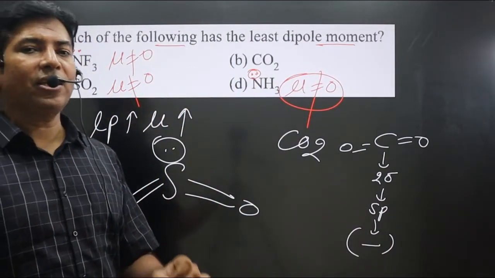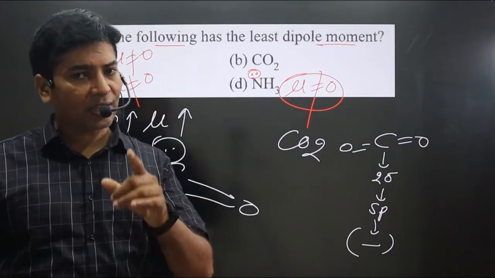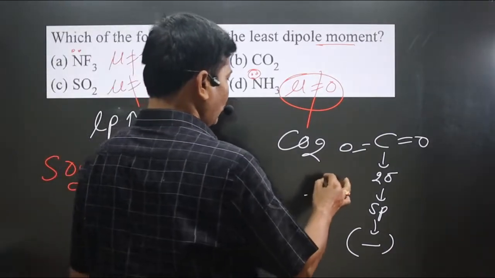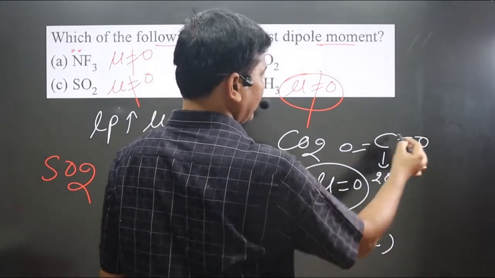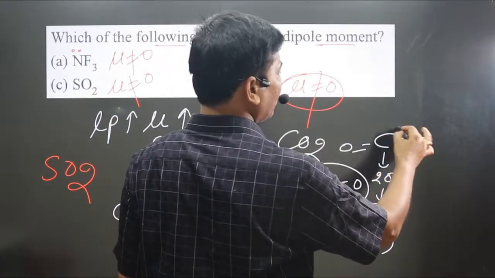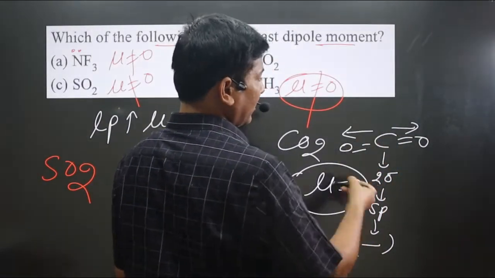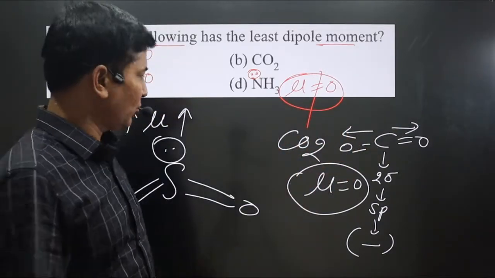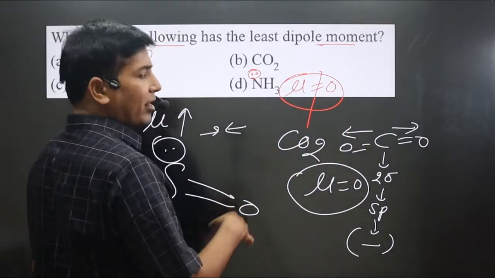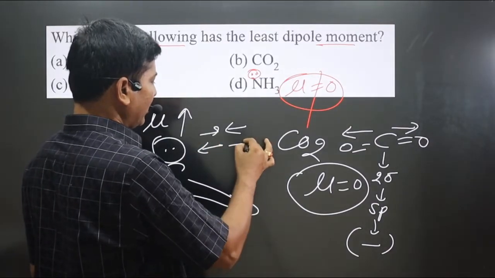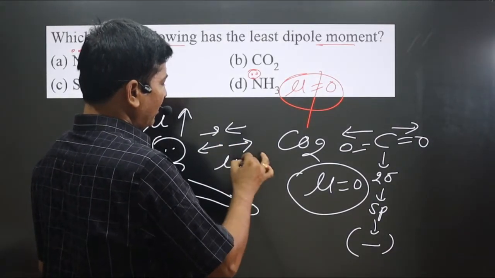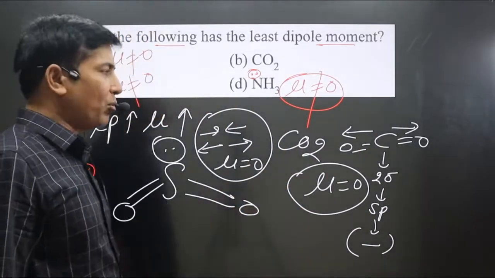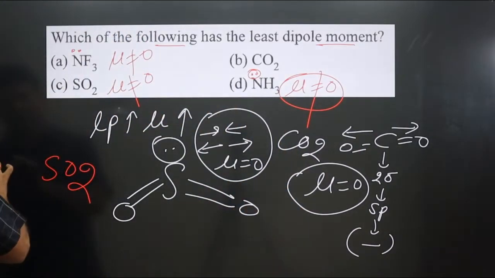As I said, if the molecule in which the central element is having regular geometry determined by hybridization will have 0 dipole moment. In this case, oxygen is more electronegative than carbon. You can show the arrow mark here also. You can see linear geometry is there, means these 2 arrows will cancel out each other. If we have arrows like this, dipole moment is 0. If we have arrows like this, also dipole moment will be 0. So it is non-polar, means least dipole moment is there. We have option